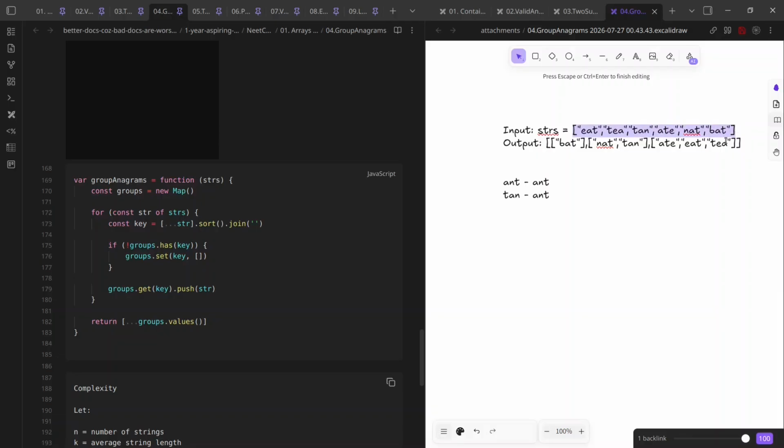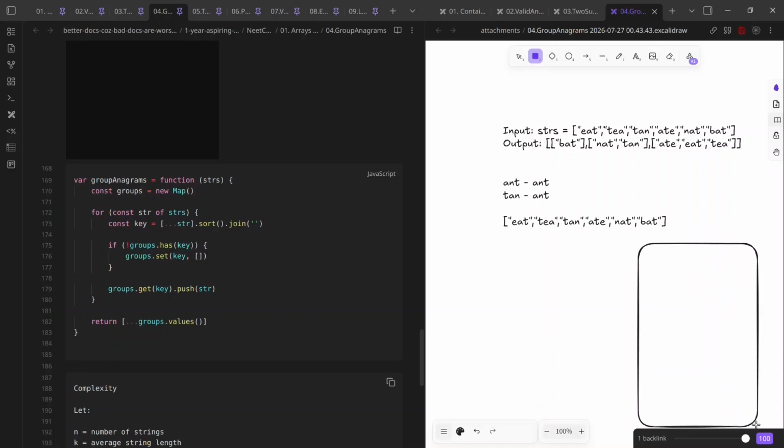Okay, let's write it down. This is our array, and we'll also have a hash map here. Hash map. So the hash map will store